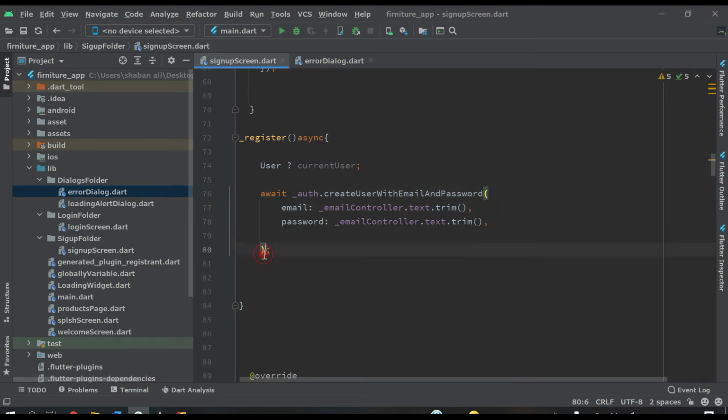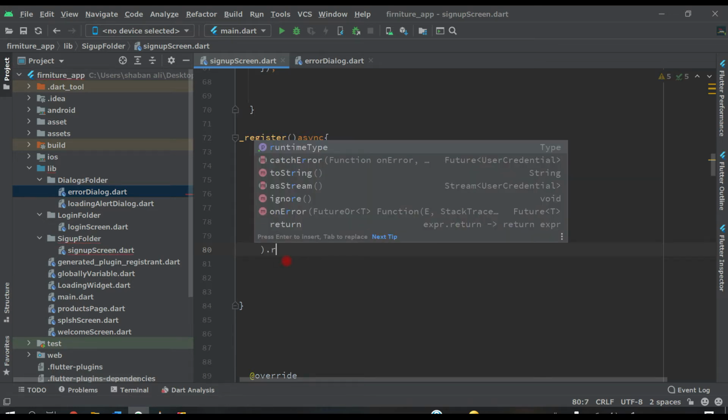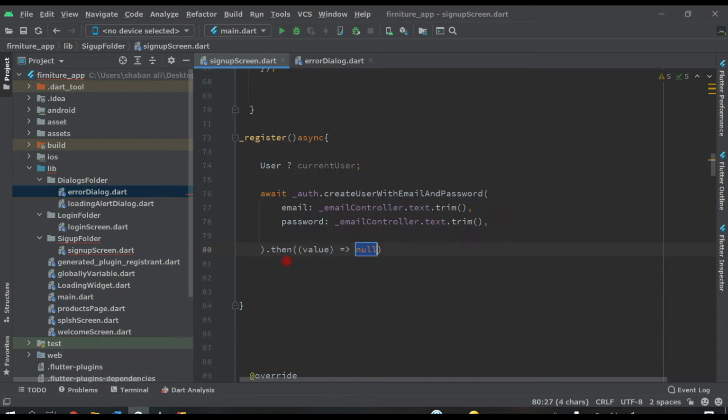And after this, here, these brackets, put here, remove this dot, then and remove like this, and inside here write auth, and after this put two curly braces and a semicolon.